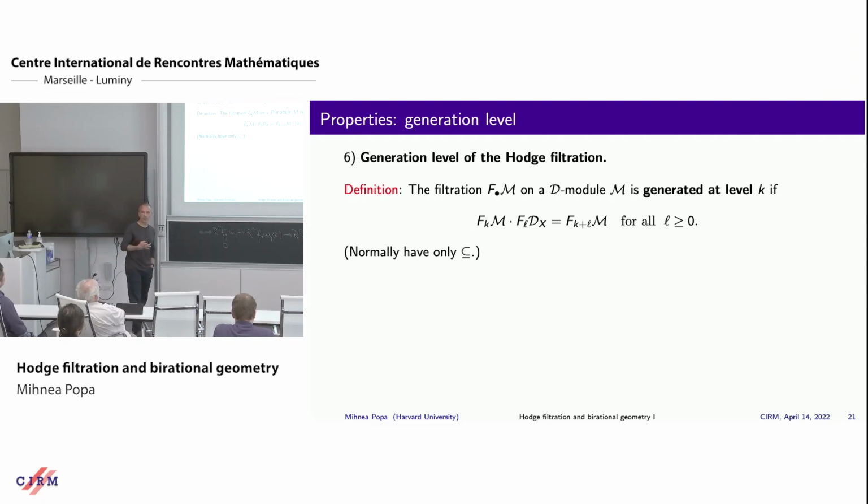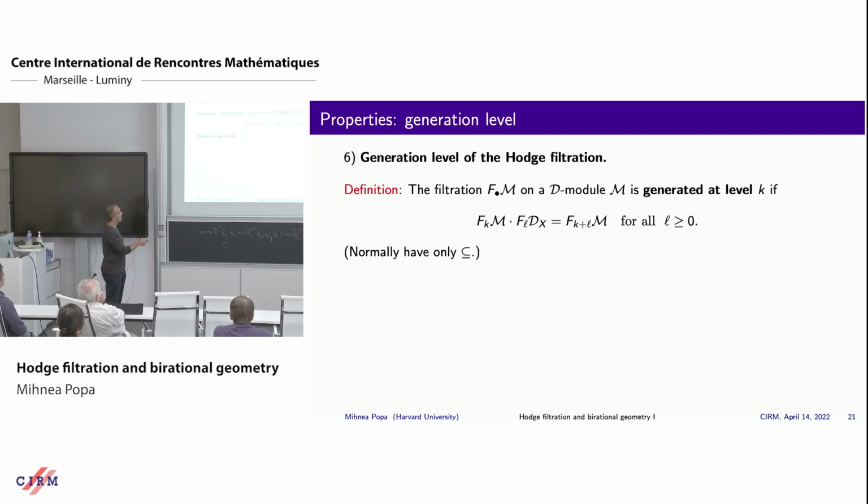to, again, another very basic problem. It has nothing to do with Hodge filtration. Okay, so first, I stated this as another property. Maybe it's really a result, but in any case, by property, I mean it's something that's important to study, to settle somehow, to understand. So for every filtered D-module,